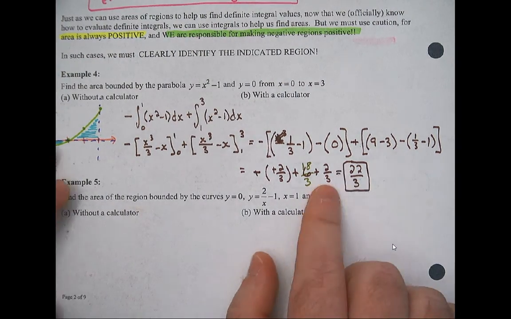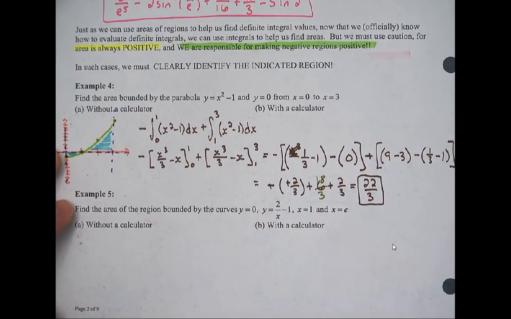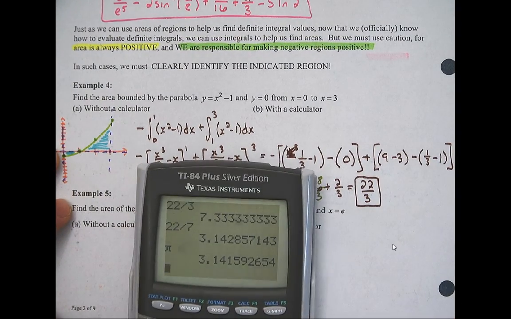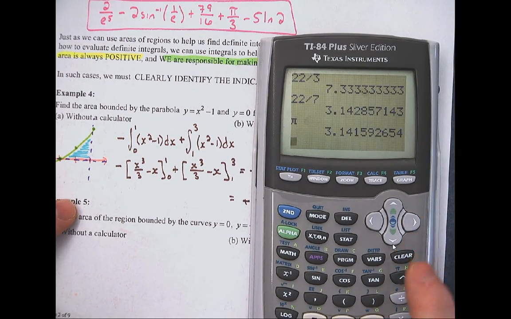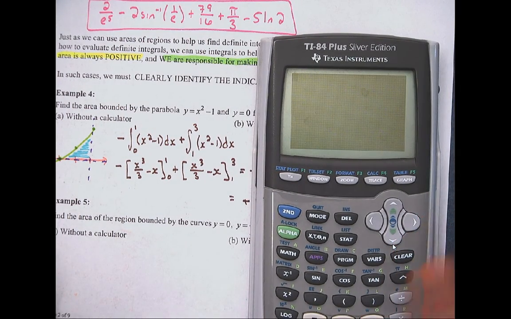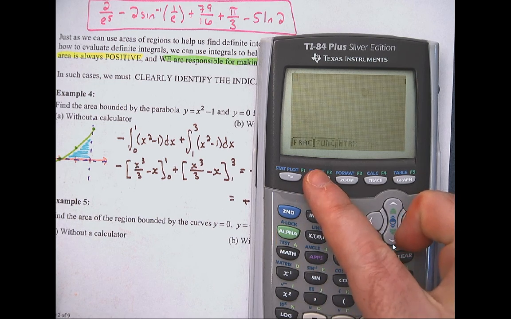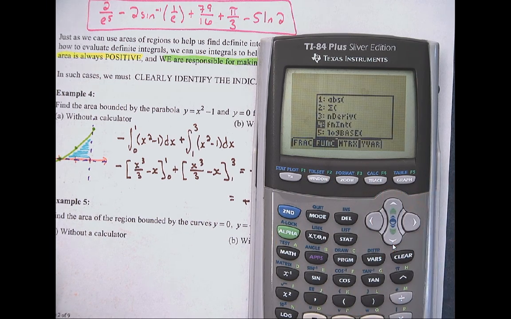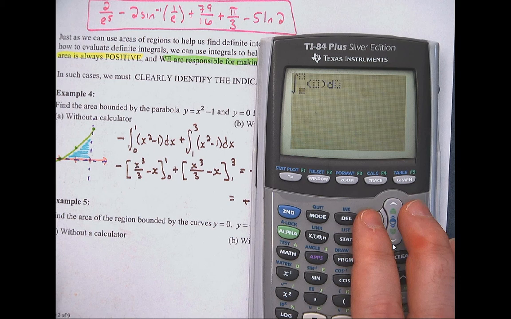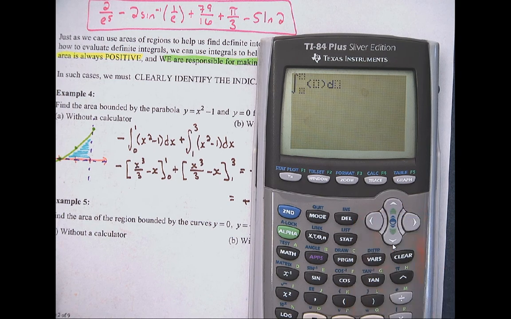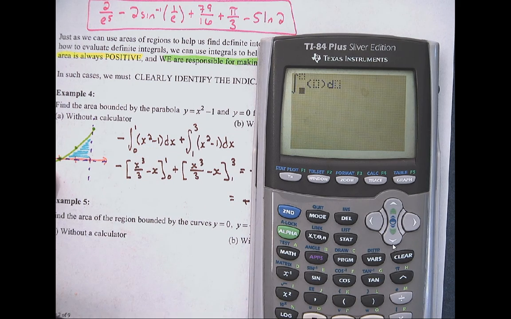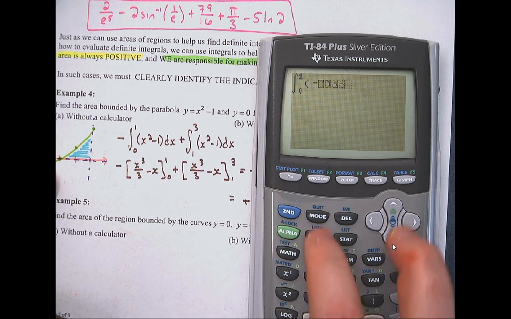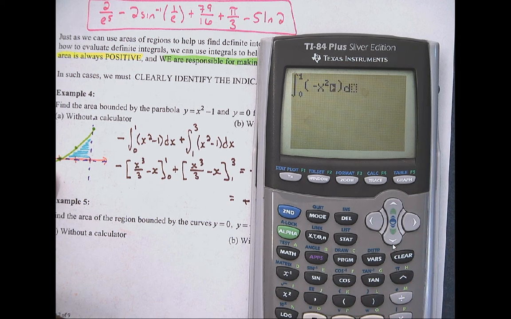Anyway, okay. So now let's try to do this with our calculator. I'm going to do this all just on the calc. I'll just put a check mark on the paper. So remember how you can ask your calculator to do an integral? Alpha F2, function integrate. Oh, shoot, I forgot to put that negative out front. Actually, let's put the negative in here, and I'll show you that it doesn't matter. 0 to 1, and I'm going to go from negative x squared plus 1